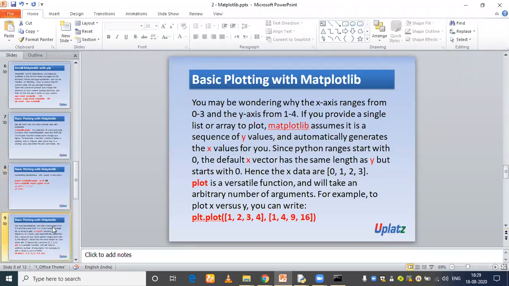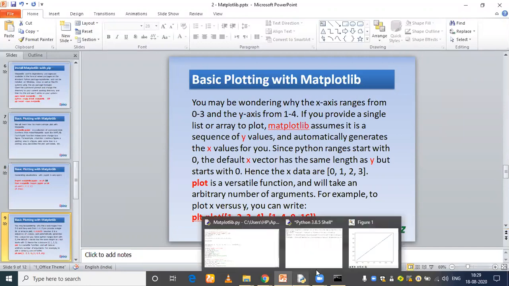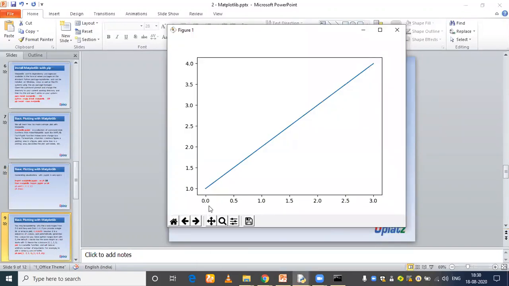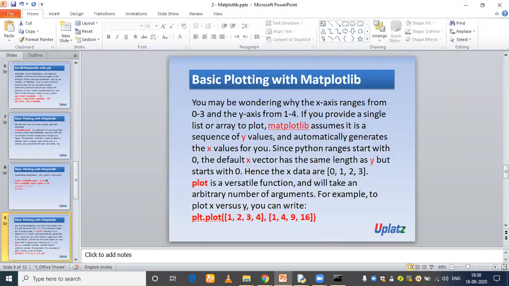So see here. You may be wondering why the x-axis ranges from 0 to 3 and the y-axis from 1 to 4. Can you see the output? See here, the x-axis is ranging from 0 to 3 and the y-axis is ranging from 1 to 4.